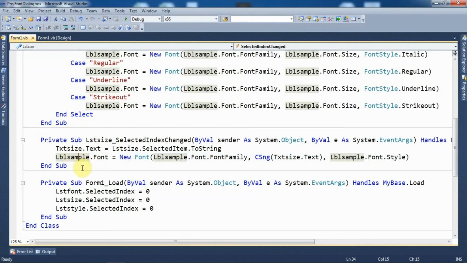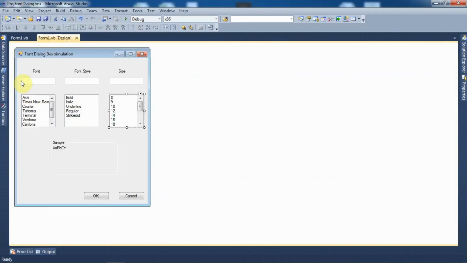So these were the three events, that is the SelectedIndexChanged event of all the three list box controls. Now another important thing which we need to consider over here is that whenever the form is loaded for the first time, the values selected must be Arial, Bold and 8, meaning the first values within the list box controls, and that effect is also to be given to the label control.